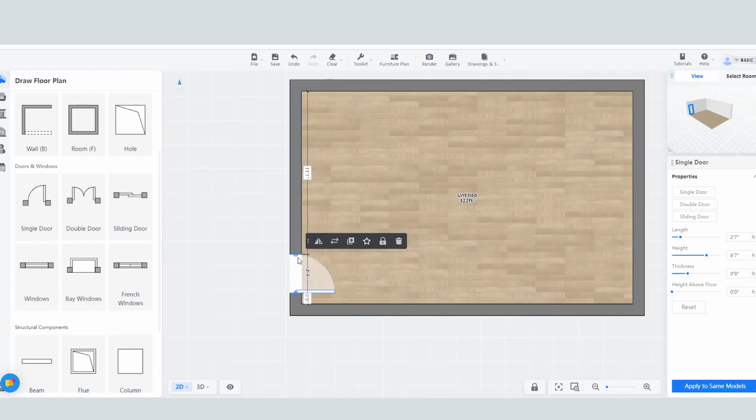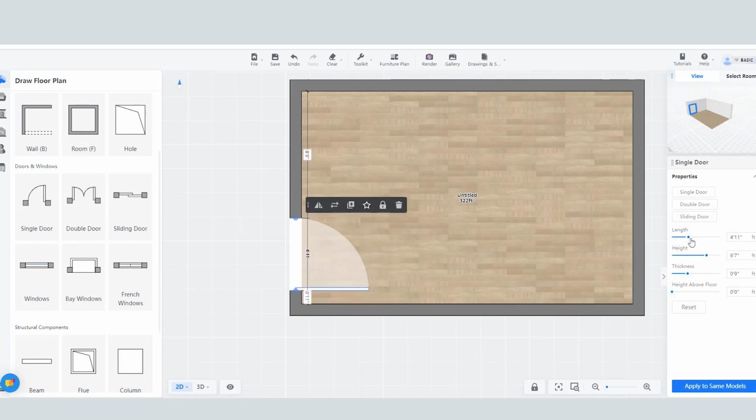If you want to change the length of the door, you can move it from here, and you can move it from here also. If you want to change it with the length tool, you can change the length of the door here.